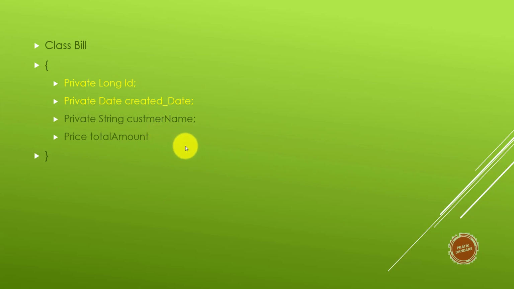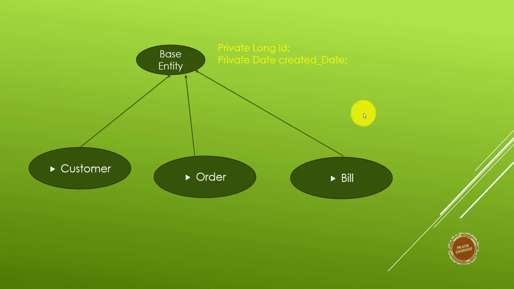So what do we do in this kind of scenario? We take the common parameters and create one superclass for them, and map it to the child classes. In this way we can inherit the properties of the superclass into the child class, so you don't need to add these two properties to the child class. Okay, so this is the diagram.